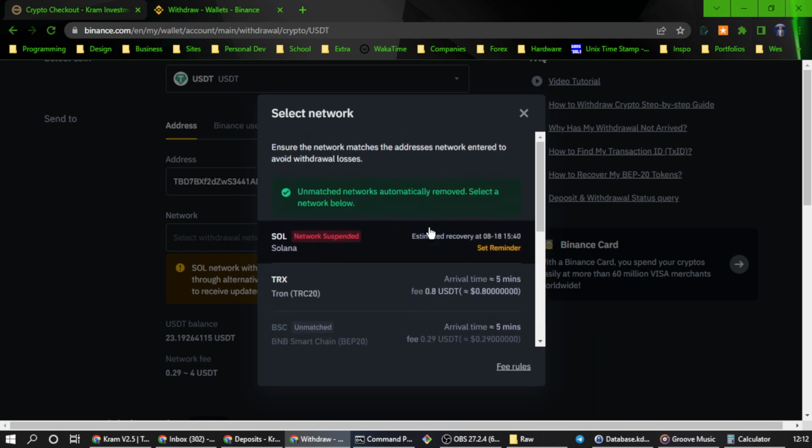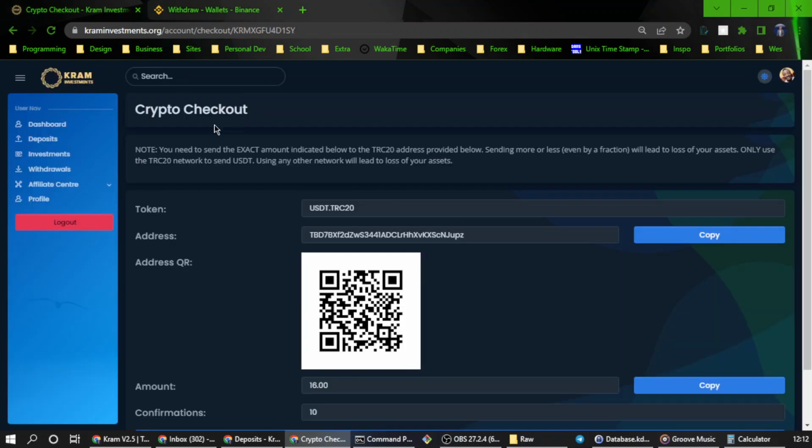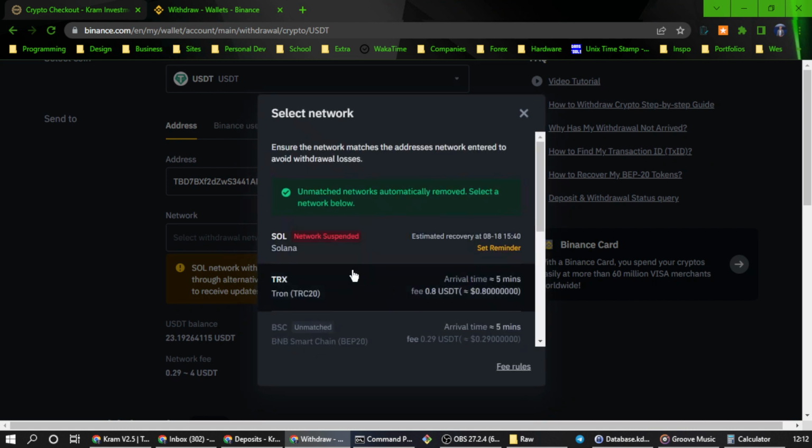Once you paste the address, the next thing is to select the network. Remember, this is a TRC20 network. So when you come in to select,